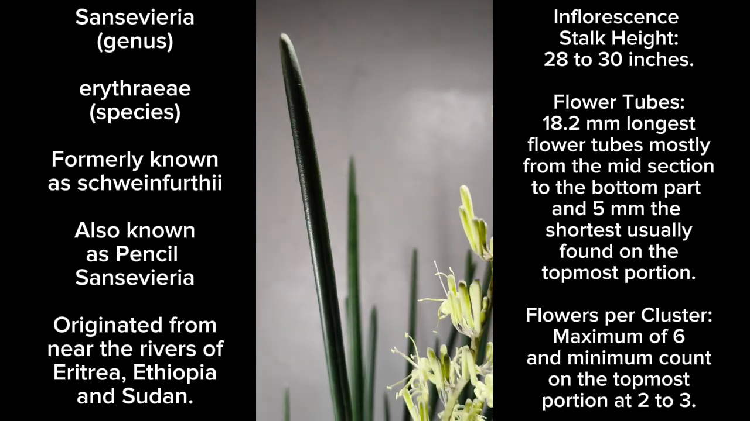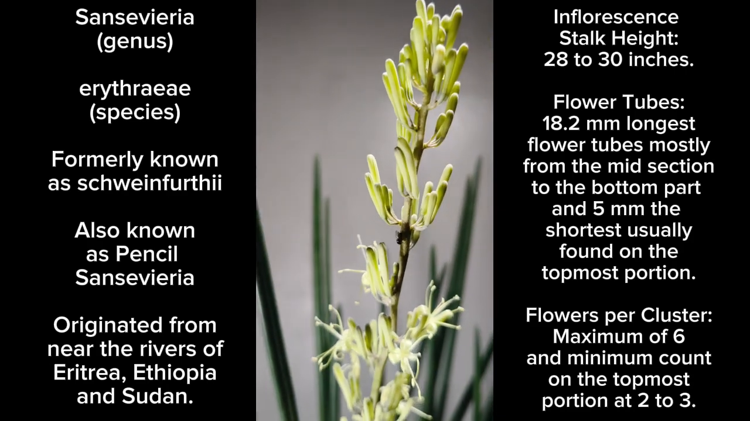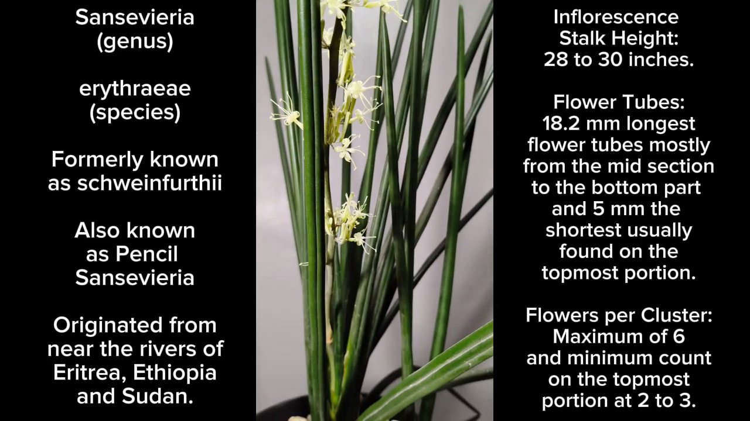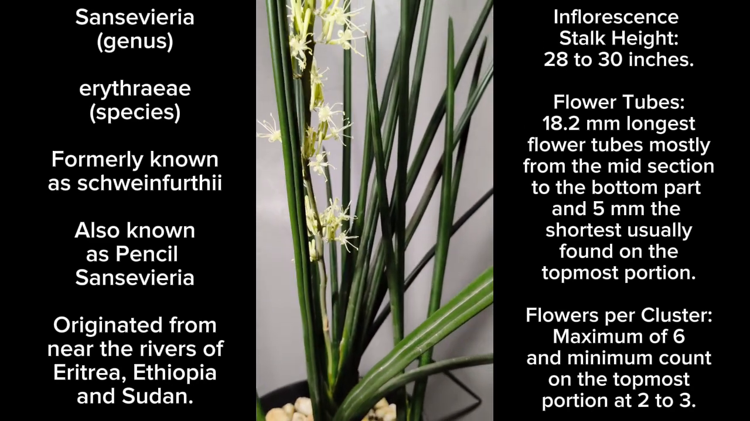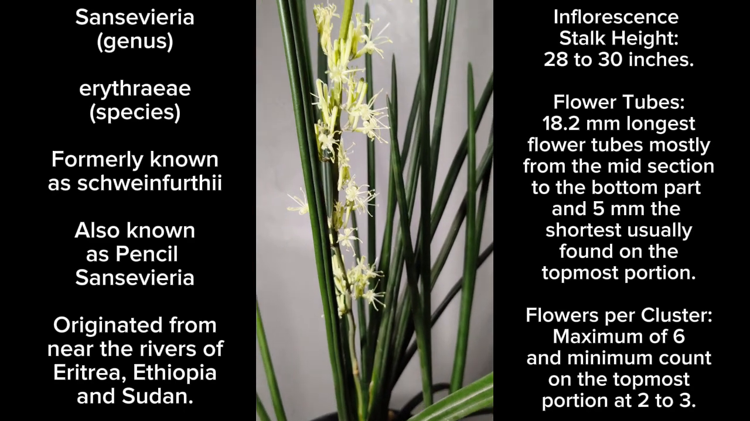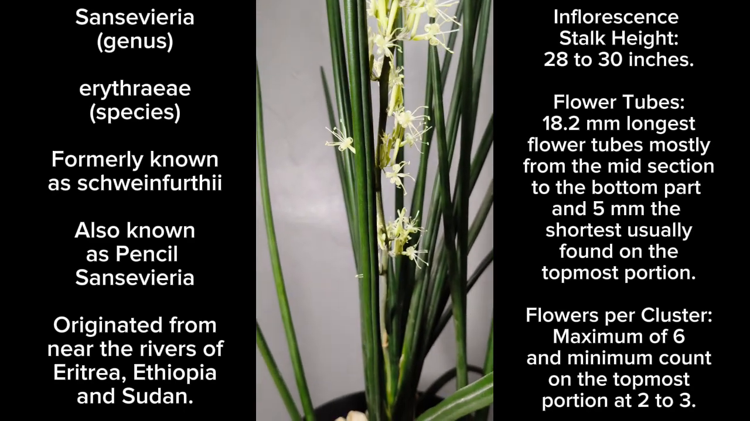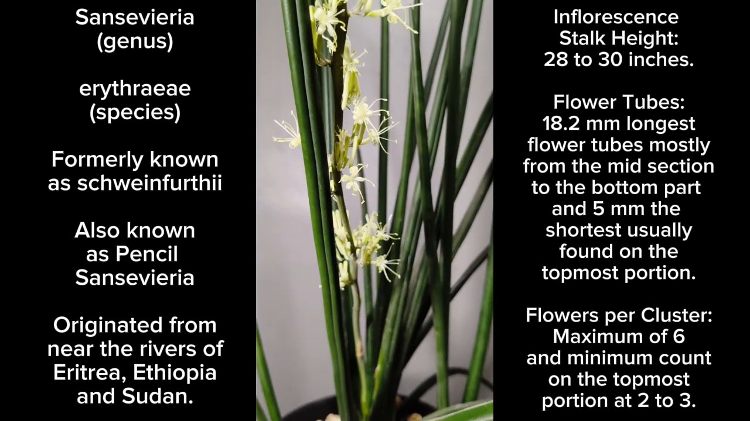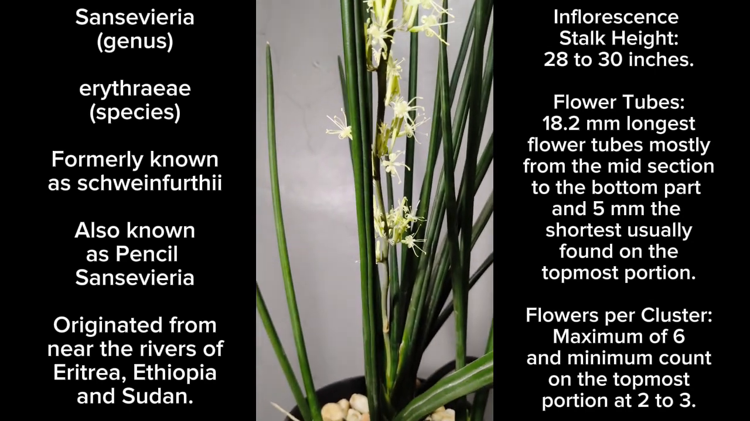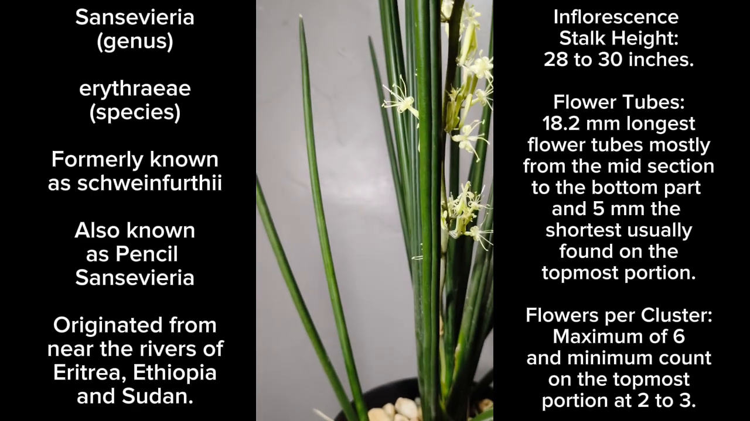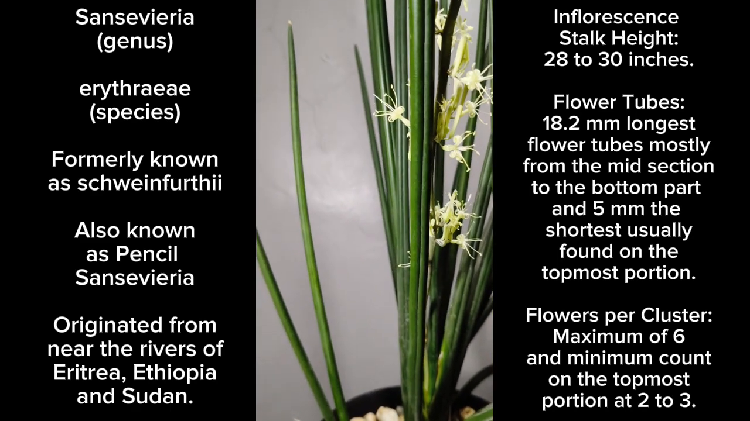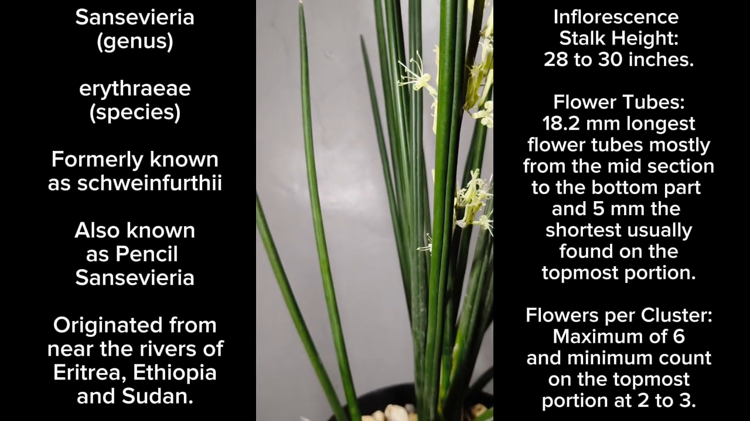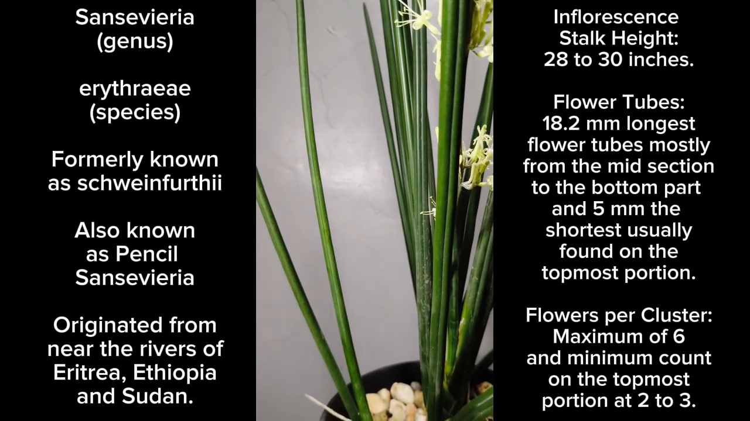I would say that on the upper part, it would be 6 to 3, with 6 the maximum flowers in a cluster and 3 minimum flowers in a cluster on the topmost portion. That's what I counted, unless there is one flower tube on there which is very hard for me to count, because they're really closely clumped together. So with regards to the flower tube,